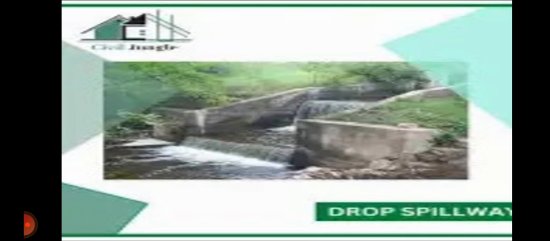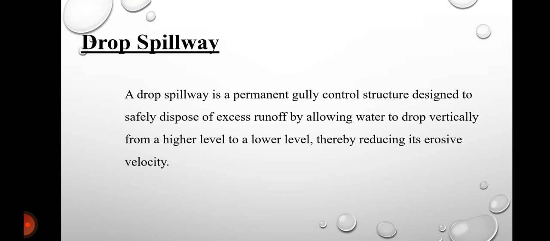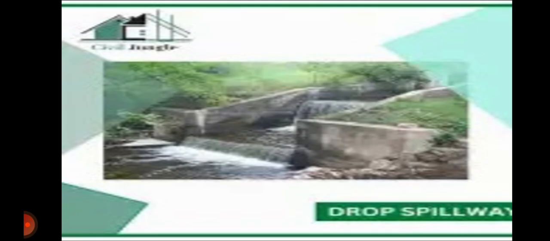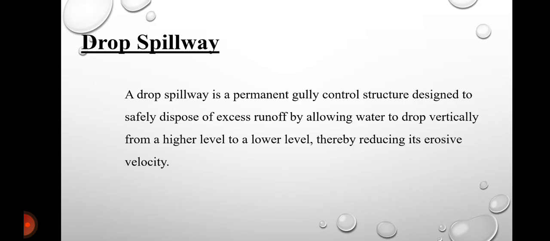So here the water is flowing from a higher level to a lower level. So that is the definition explained in a drop spillway. A drop spillway is a permanent gully control structure designed to safely dispose of excess runoff by allowing water to drop vertically from a higher level to a lower level, thereby reducing